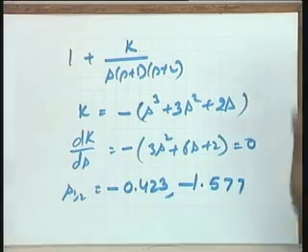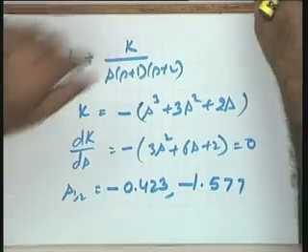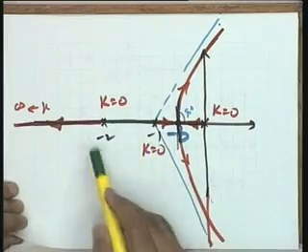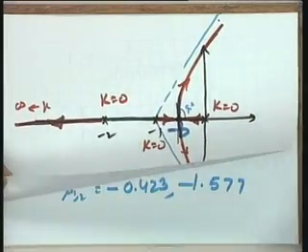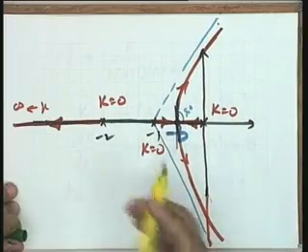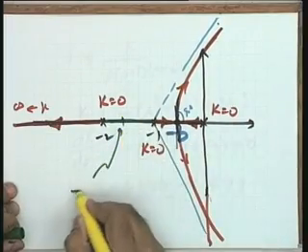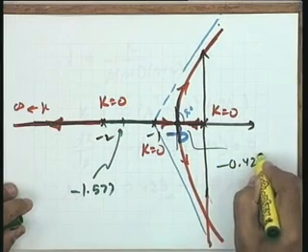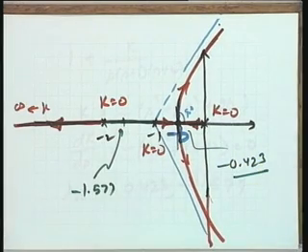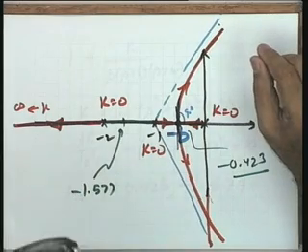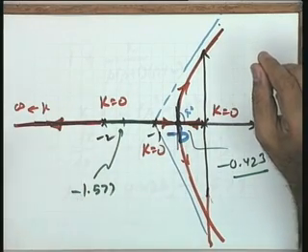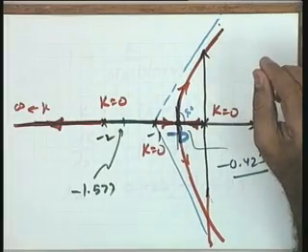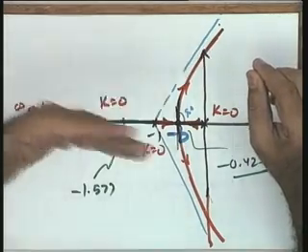Okay, see this point please. It gives you 2 roots. Now look at the diagram. I can take back the same slide. This is minus 1 and this is minus 2, and your points are minus 1.577 and the other point is minus 0.423. You see at this point please, all the roots of the equation dk by ds are not necessarily the breakaway points. They are the candidates for the breakaway point because they give all the points where the extrema could occur.